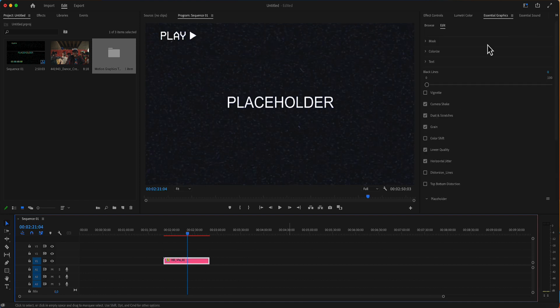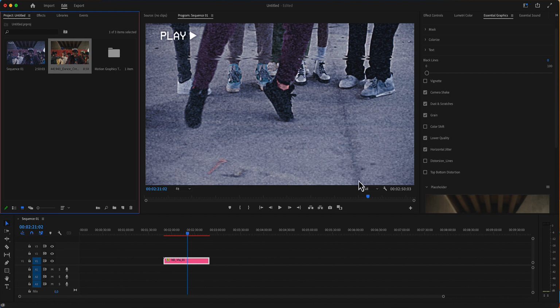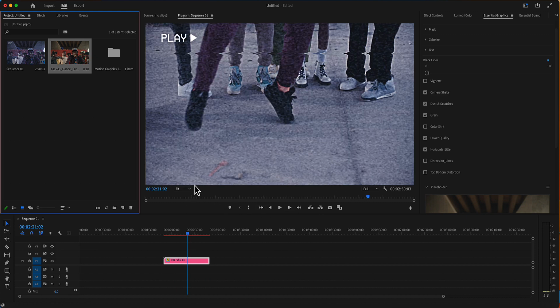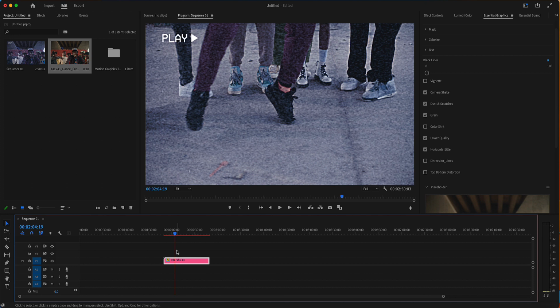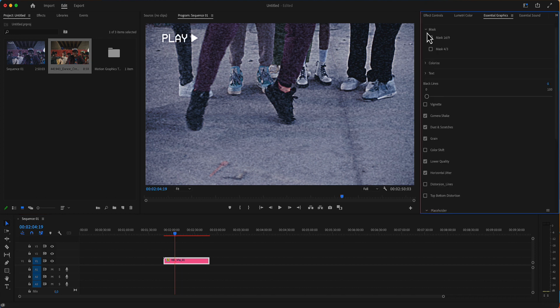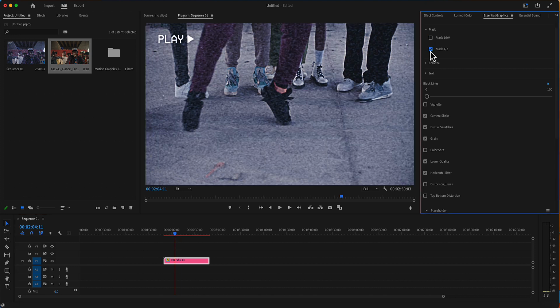By selecting the mocked layer in the edit panel, you have a placeholder. So drop your media here and you already have a result. It's 1 minute duration, and here you will have some options, including the mask, a 4x3 mask,